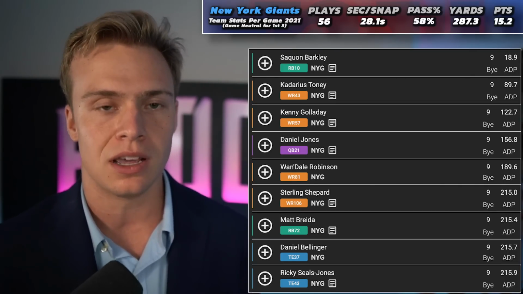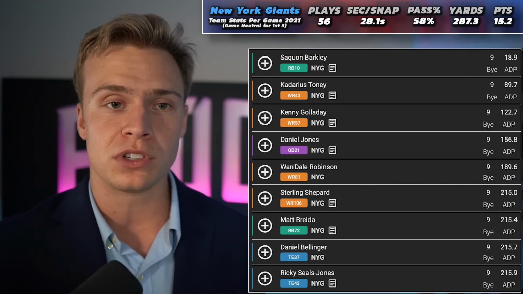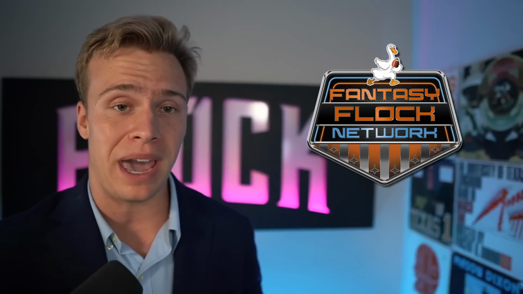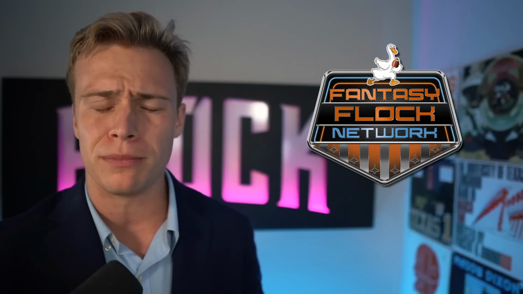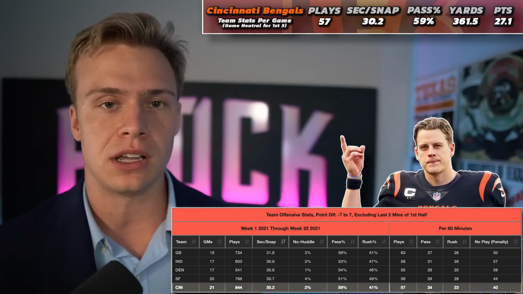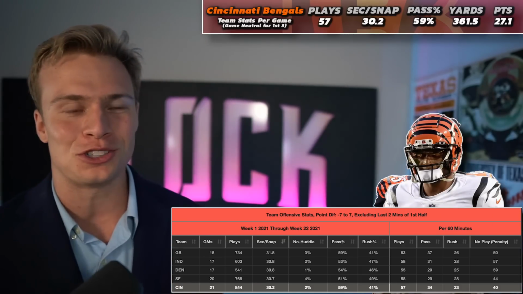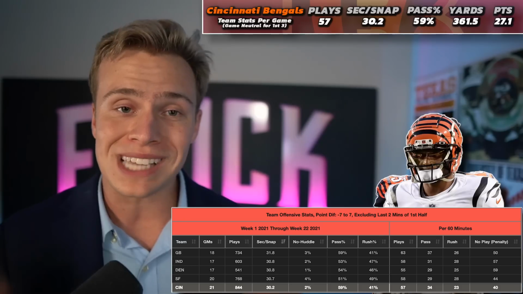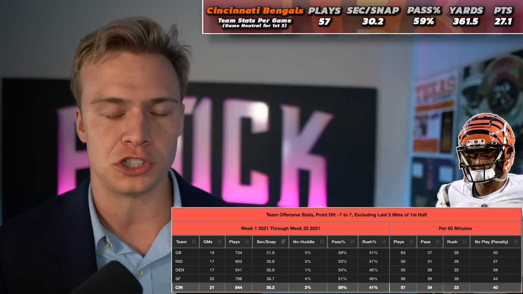Y'all know we've already talked about Saquon Barkley, but let's move over to some of these other sneaky options, in my opinion. A team that was very bad with their pace of play last year, actually a bottom 5 offense, was the Cincinnati Bengals. Now, this is surprising because you still had T. Higgins, you still had Ja'Marr Chase producing elite level seasons, but that was because this offense was hyper efficient.